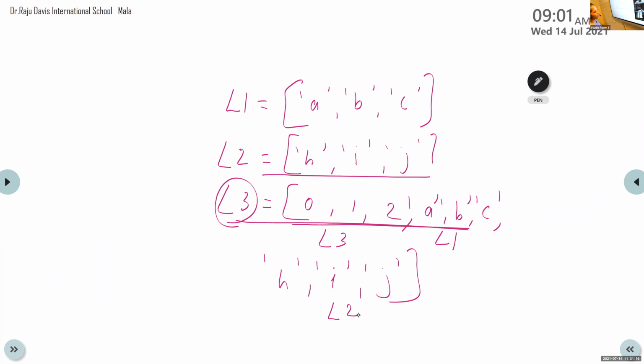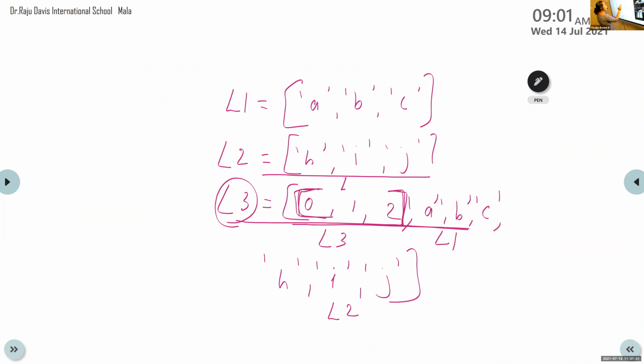As a single element, what does that mean? Your output is like this. The first element is not 0, it is L3. This L3 is used as a single element, so there is a square bracket.